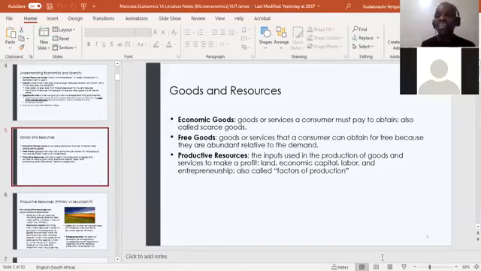I think we've already covered the part about resources. We don't need to do that. But let's talk about goods. Goods and services. So when we are speaking economics, you see a lot of the time we say